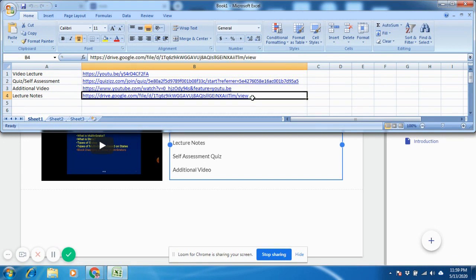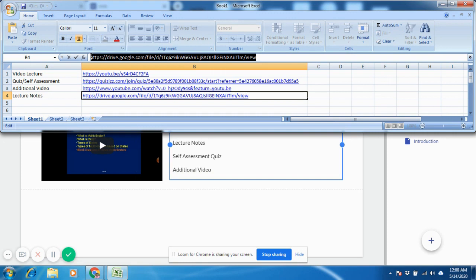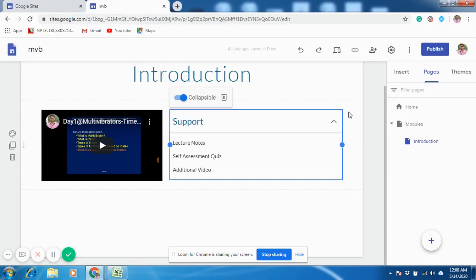Let us use lecture notes. I have stored my lecture notes in my Google Drive, and I shared that document publicly. I removed the restrictions, so anyone can access that document.